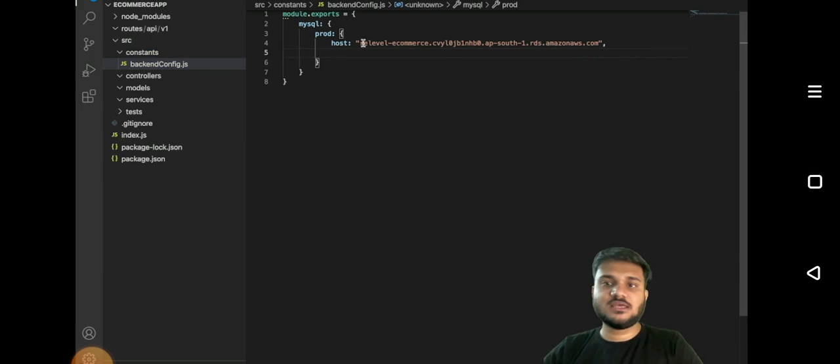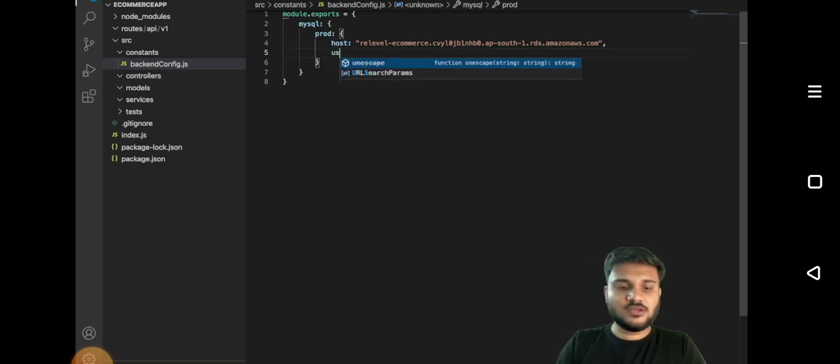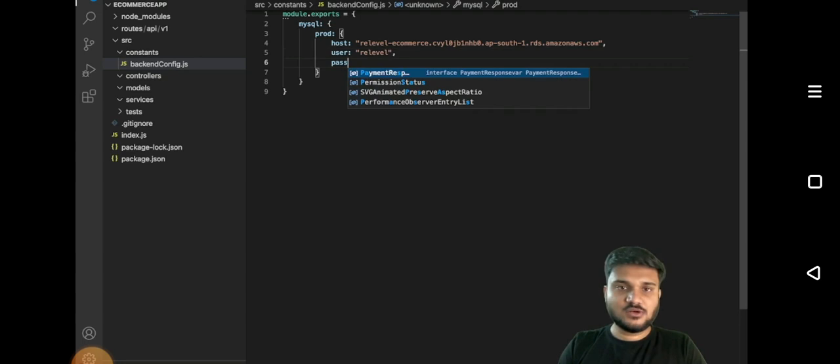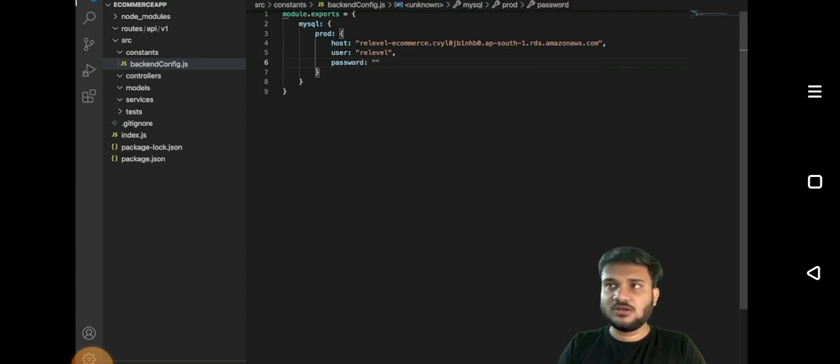So on this host, on this Amazon database, we have already set up the whole MySQL database with all the tables and everything, right? I'll show you that as well. Apart from that, we need a user. So the user is going to be relevel. We need to have a password. So every time we need to access it with a password, right? So e-commerce#2021 is the password. And the database that you want to access is going to be e-commerce DB,